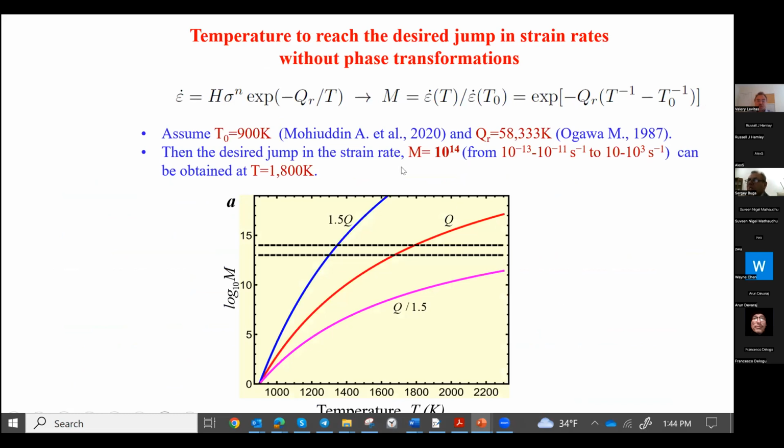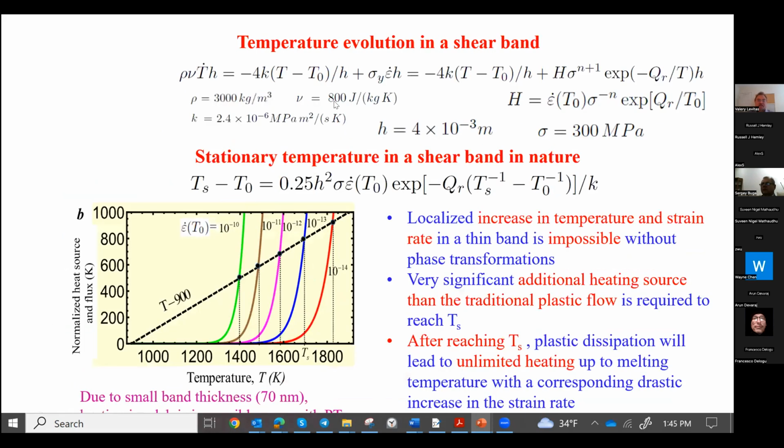And we found that to obtain the remaining 14 orders of magnitude jump in strain rate, temperature should be increased from 900 to 1800. And that is what we need to show. And this is the thermal evolution, temperature evolution equation. This term is plastic dissipation, which is here. And this is heat flux from the shear band, which is here. And intersections give two